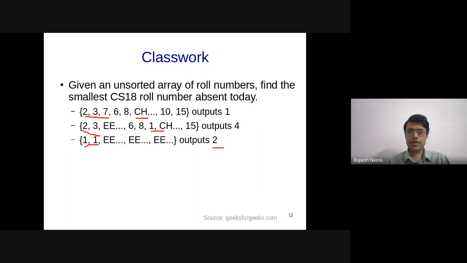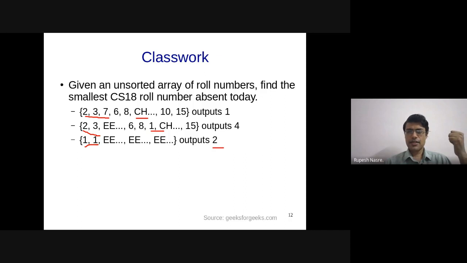So that could be, yeah, a similar approach is given by Ashwin, I think. Create a Boolean array of size max of roll number. Iterate over roll numbers, ignore non-CS. Every time a roll number is encountered, update the Boolean array. So which element is present? That is what this Boolean array is specifying. And then iterate over this Boolean array, right? So exactly the time complexity that we discussed, n plus maximum roll number. So this is a correct algorithm and it will work.